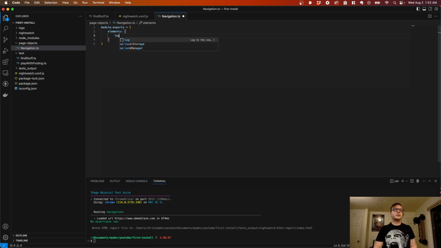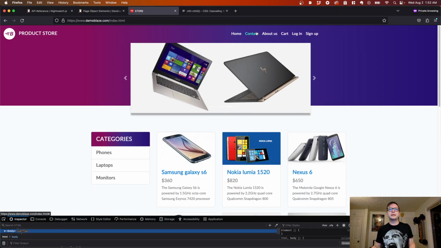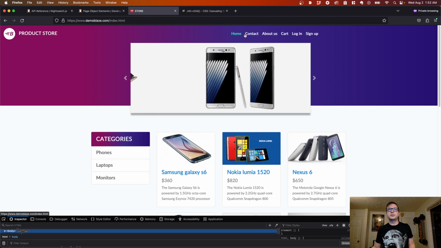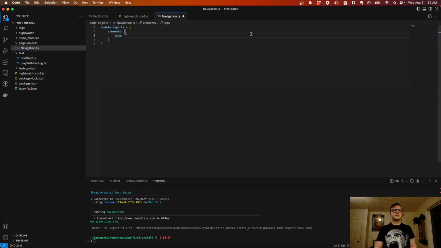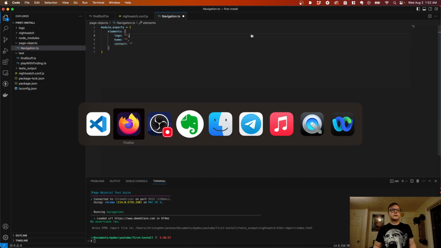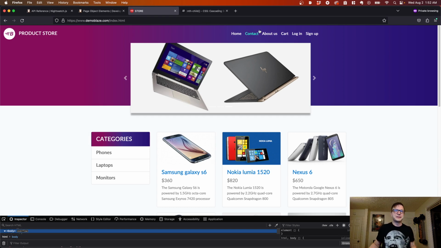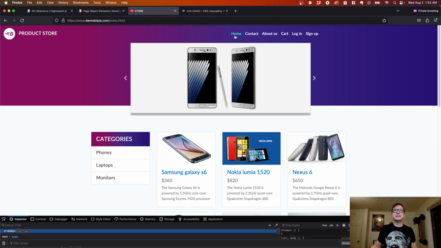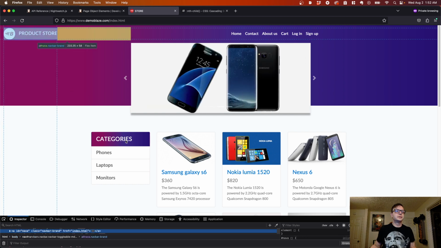So if you say logo, someone knows what that means. And we're also going to put home and contact. If you want to put the rest, that is up to you. But for this one, I'm just going to do home and contact. Logo, home, and contact. And I've already gone through and figured out the CSS selectors in here just to save us a little bit of time. But this one, if you want to do things yourself,